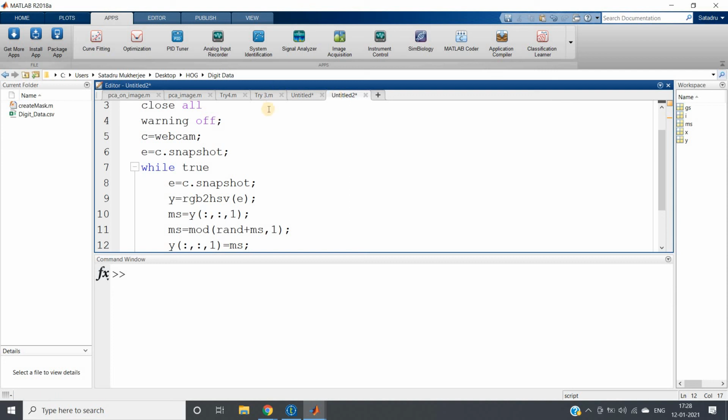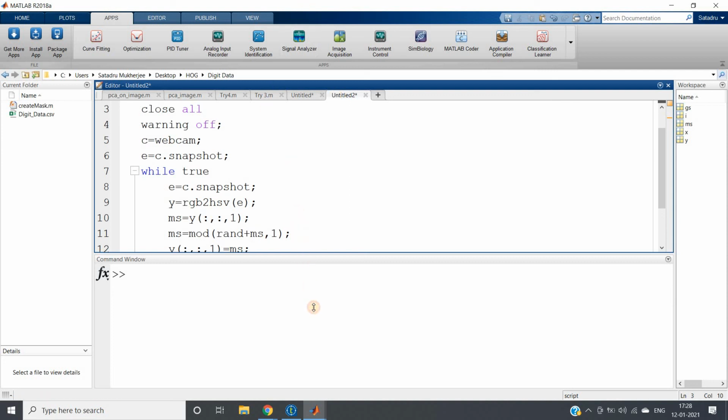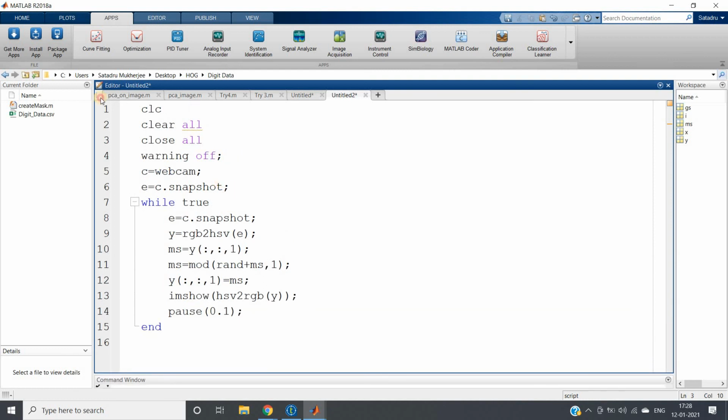Now if you see this particular code, what I have done here: clc, clear all, close all, warning off, turning on the webcam, each time taking one snapshot, while true, that is an infinite loop, e equal to c dot snapshot, converting from RGB to HSV, taking the hue part only, then adding some random number which is uniformly distributed between 0 and 1.